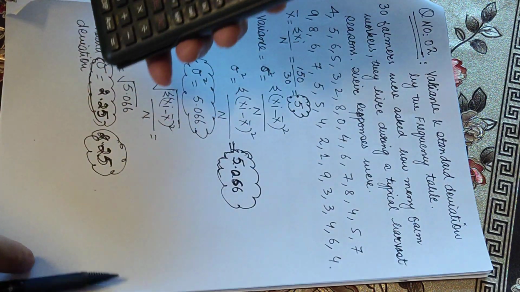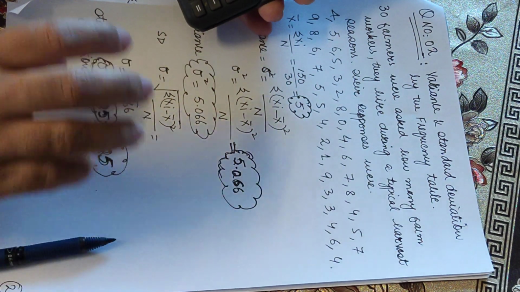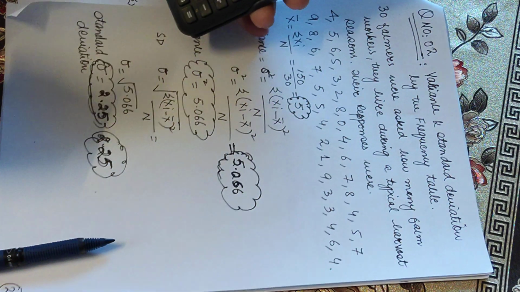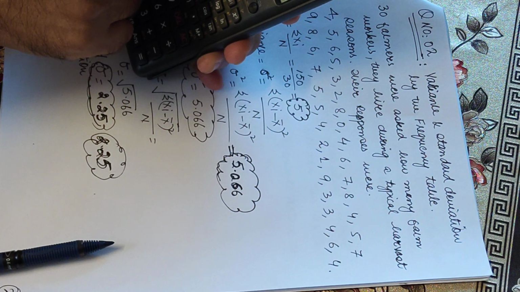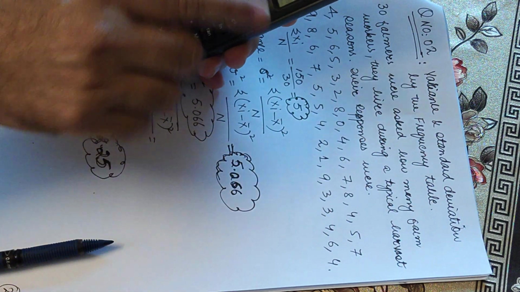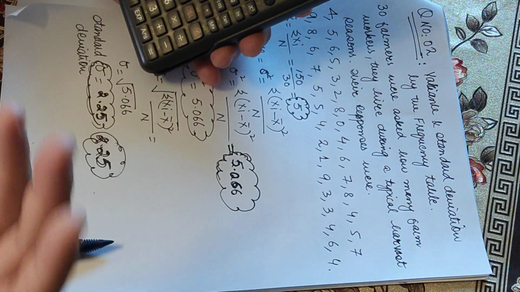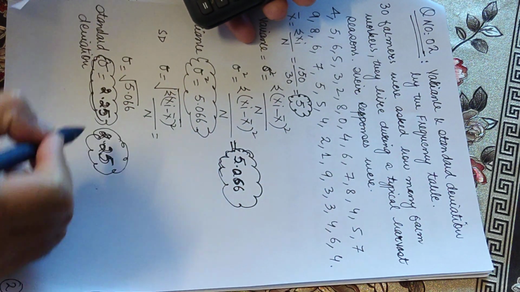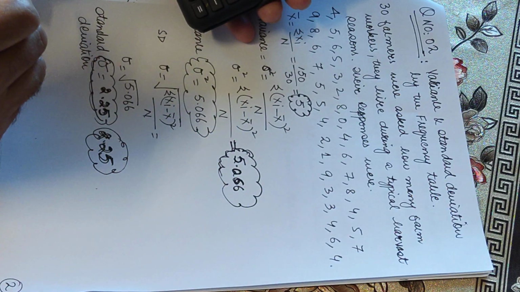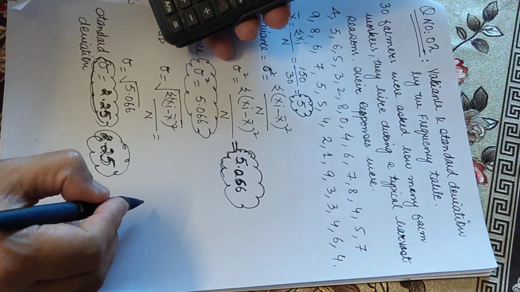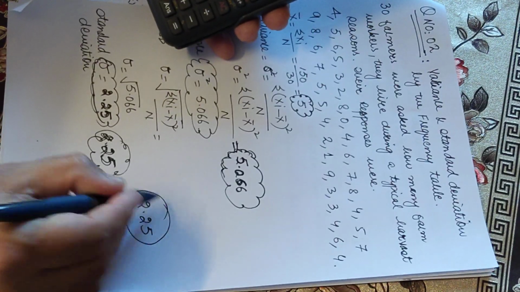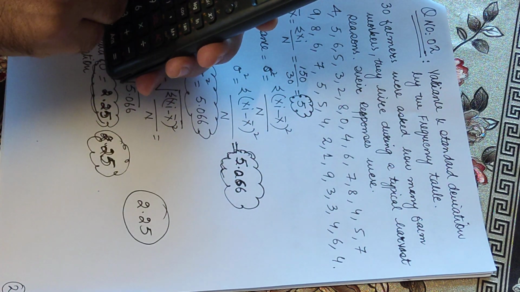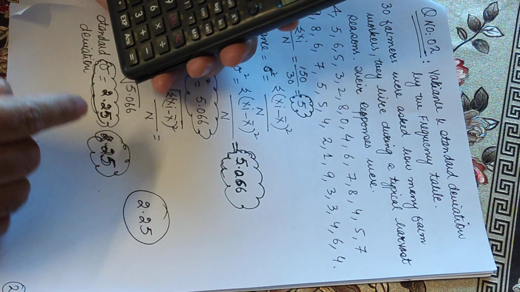Okay. Now we have measured the standard deviation. Now we will measure the variance of this data. For the variance of this data, when we press the shift and press the 2, we have no option to measure the variance. You know very well, in the formula the standard deviation is the square root of the variance. It means this 2.25 is the square root of the variance. So what would be the square of this data? Then again we will go shift 2. Now what we will do?